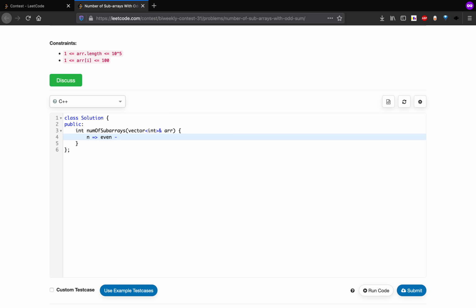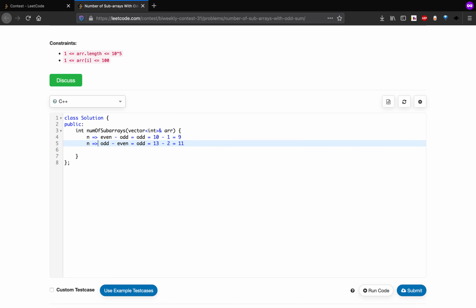We just have to subtract an odd number from it, and we will get an odd number. For example, if we have 10 and we subtract 1 from it, we will get 9, which is odd. And if we have an odd number and we subtract an even number from it, then we will definitely get an odd number. For example, we have the number 13, and if we subtract 2 from it, we will get 11.